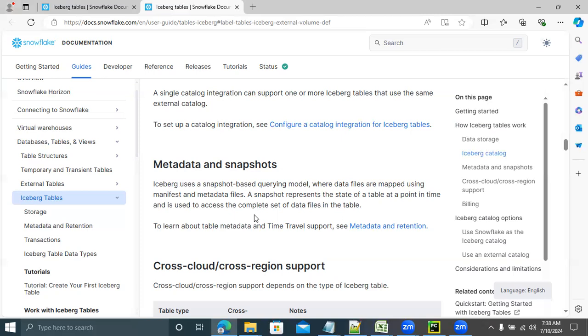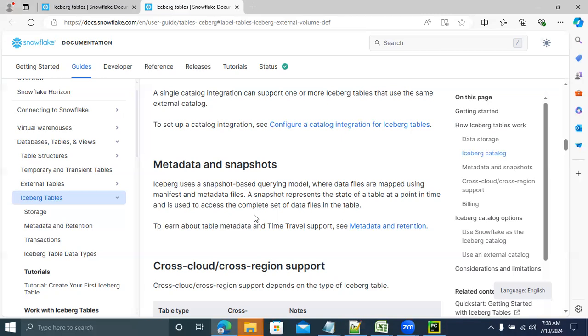What will this Iceberg table do? It will create a snapshot. Snapshot means yesterday 2 files came. For the 2 files, it will do the mapping, and then it will take a snapshot. A snapshot is nothing but a backup. And then tomorrow 5 files are going to come, and it will again take one snapshot. Now, if you want to see the previous version, you can see it in the Iceberg tables.